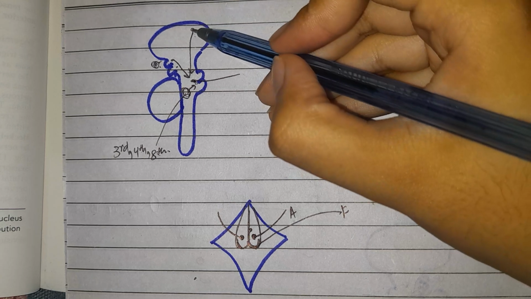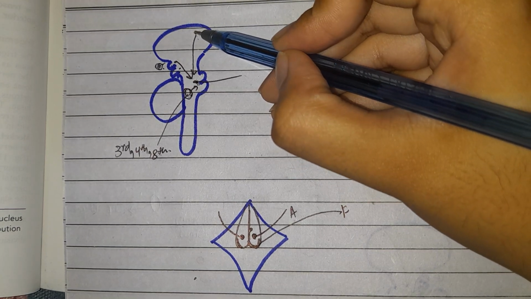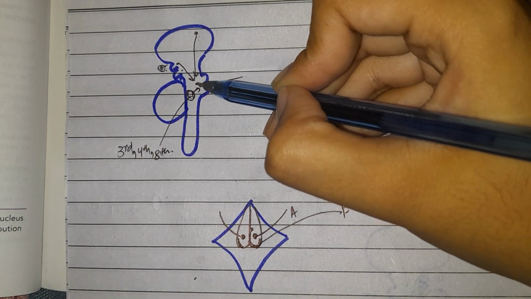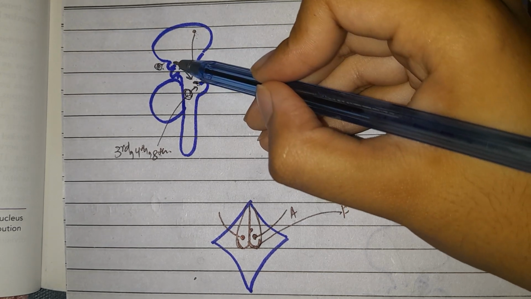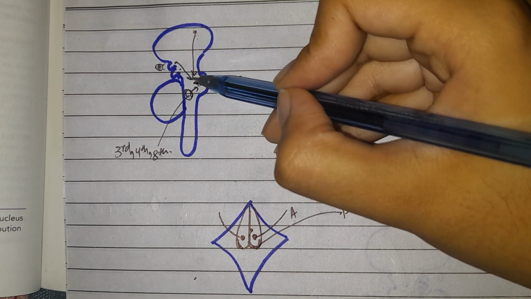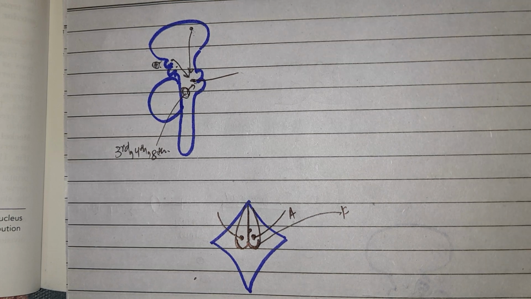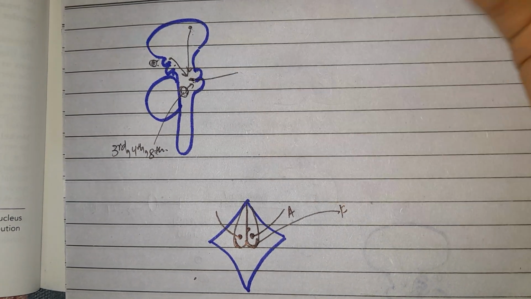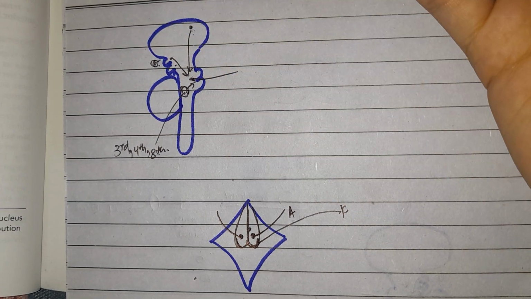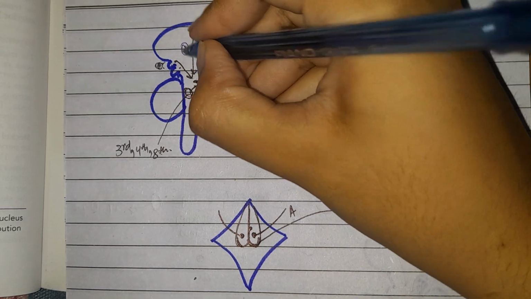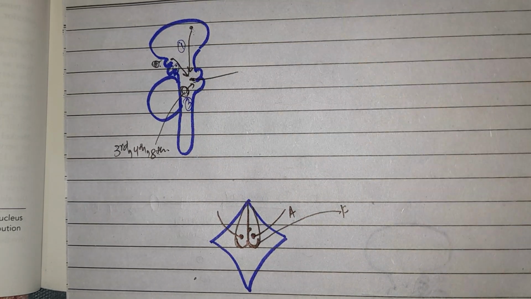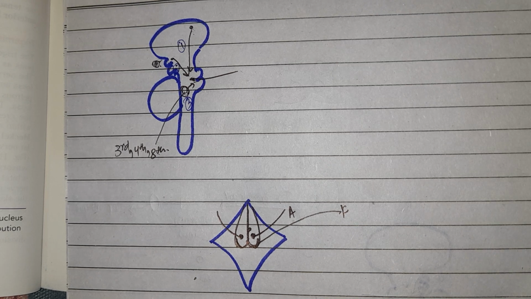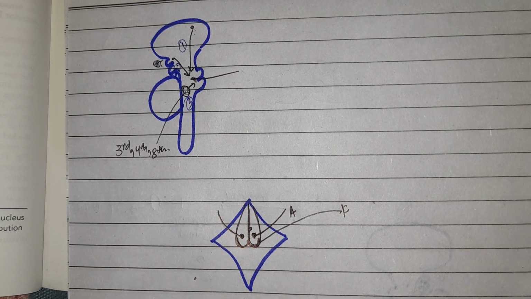The names of these fibers are very important. This fiber is coming from the cortex to the nucleus, so it is known as the corticonuclear fibers. Similarly, this is coming from the tectum to the bulb region or the facial colliculus, so they are known as tectobulbar fibers. That is how their names come, and that is how we have three different sources of afferent fibers coming to the abducens nerve.